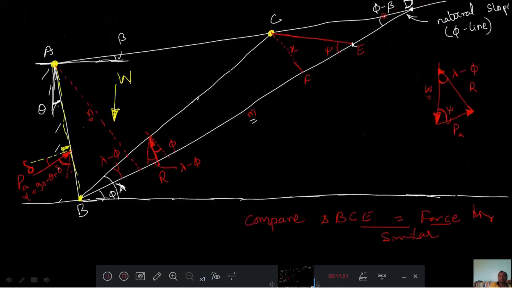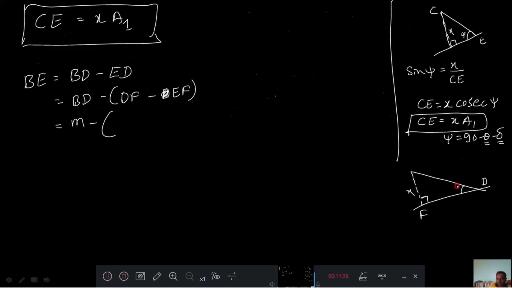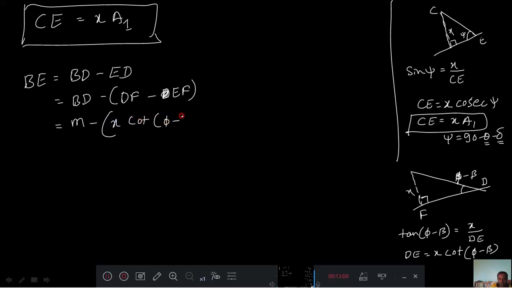Therefore, this is phi minus beta. This is your phi minus beta. Now come to this triangle. This is your phi minus beta angle. Then define this one. We want this opposite is there, adjacent is there. Therefore tan theta will define. Tan of phi minus beta is equal to opposite divided by DE. Then if I want DE, then DE equals x cot of phi minus beta minus